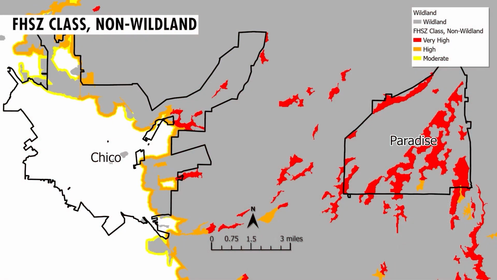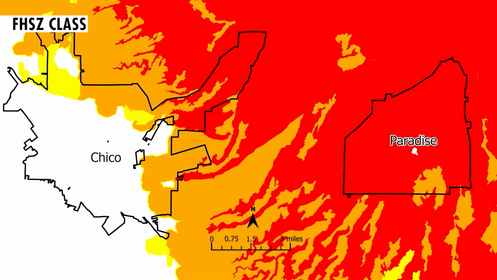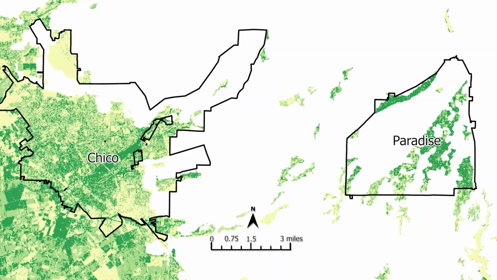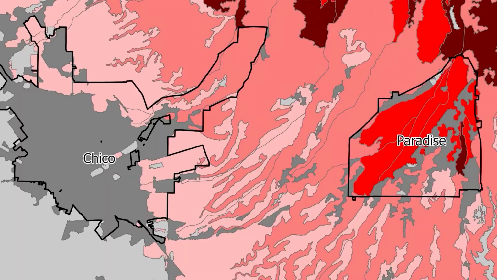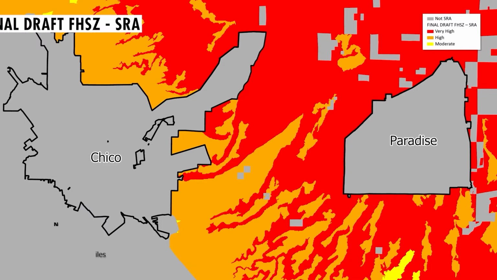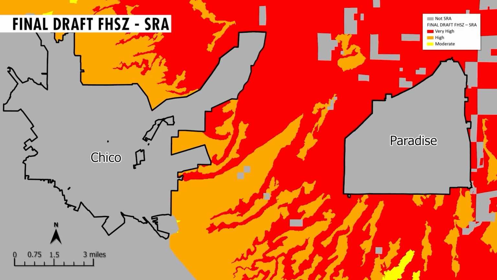In non-wildland, areas that are sufficiently far from hazardous wildlands can remain unzoned, in contrast to wildland areas, which always receive a zone designation. This completes the modeling process for fire hazard severity zones across all lands in the state. Once we have a final fire hazard severity zone map for all lands, the final step in map development is to extract state responsibility areas to fulfill the requirements of the regulatory process. If you have further questions on the zoning methods, please visit the Fire Hazard Severity Zone website for more information on the model and the project in general.